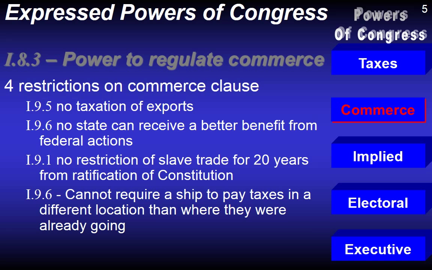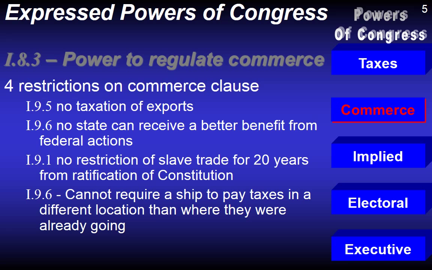Also, they cannot require a ship to pay taxes in one location and then go to their port of call somewhere else. No matter where the ship came in, it was the United States' responsibility to collect the taxes there. What this was supposed to do was prevent the United States government from playing favorites. For example, they could say all ships have to go to Philadelphia or all ships have to go to New York City to pay the tax, and then they go to wherever they want to offload their goods. Well, what shipping company is going to have 2 destinations? They would just dump all their stuff there, and that's why the Constitution said, no, we're not going to let that happen. We're not going to play favorites.